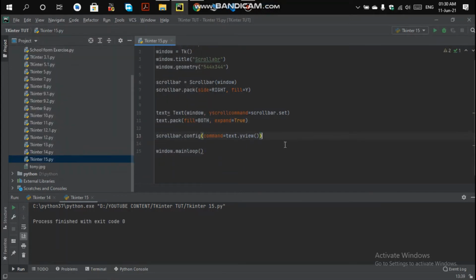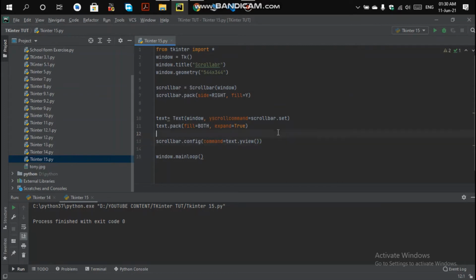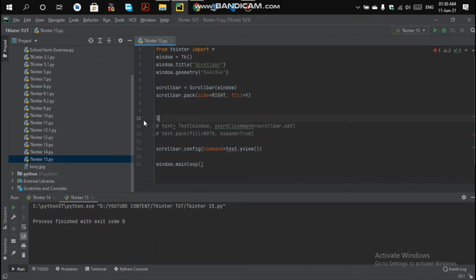Next, you can create your scroll bar for your list box also. To do that with the list box, we will use yscrollcommand for the list box, the same as set. Here the scroll bar is at the root, and instead of using the text box, we are going to comment it out and make a list box here.